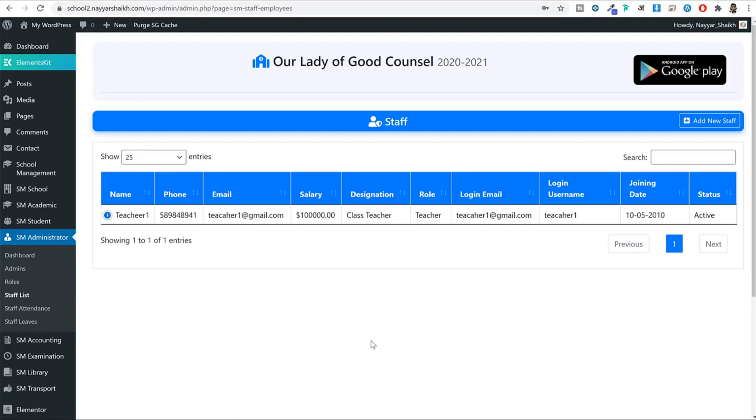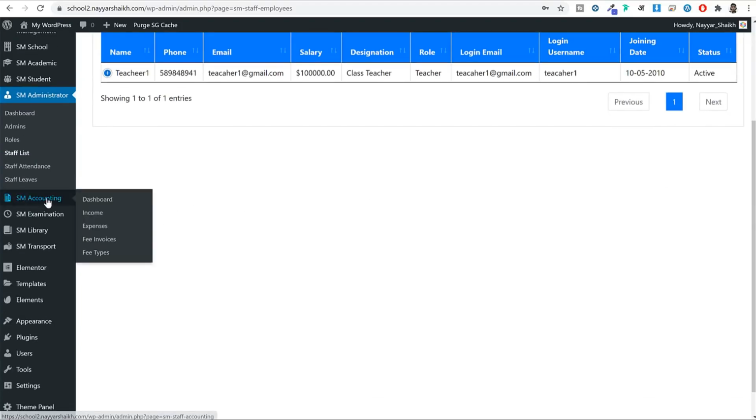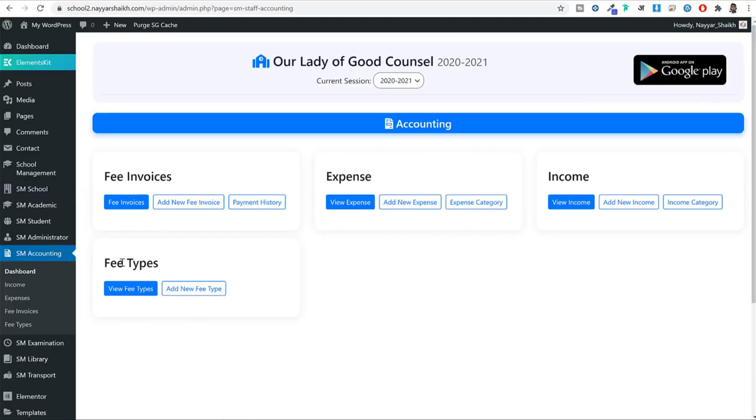Let me first add a few fee structures. For example, before I start taking admissions, let me first create a few fee structures. For example, the admission fee is this much, the monthly fee is this much, so that once we add the admission of a new student, we have all that information in hand. To add anything related to money, you will see all that information under accounting. If you click on SM accounting, you will see this is the dashboard, and here we have this option,